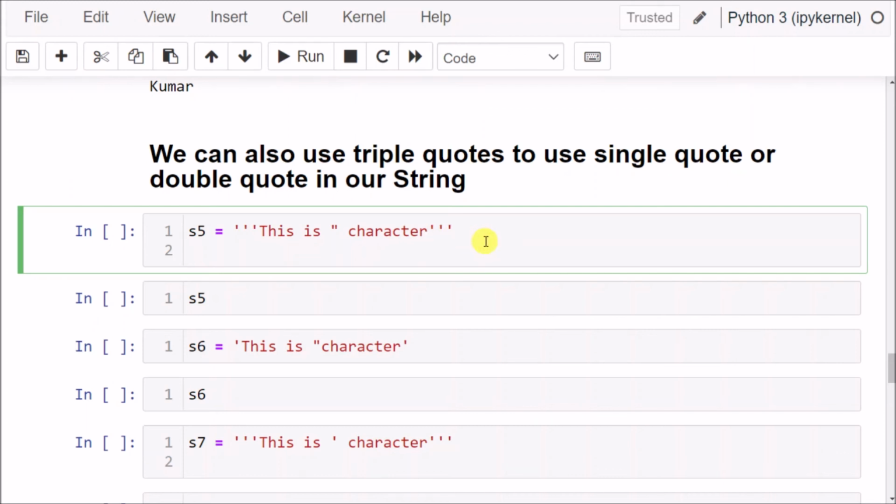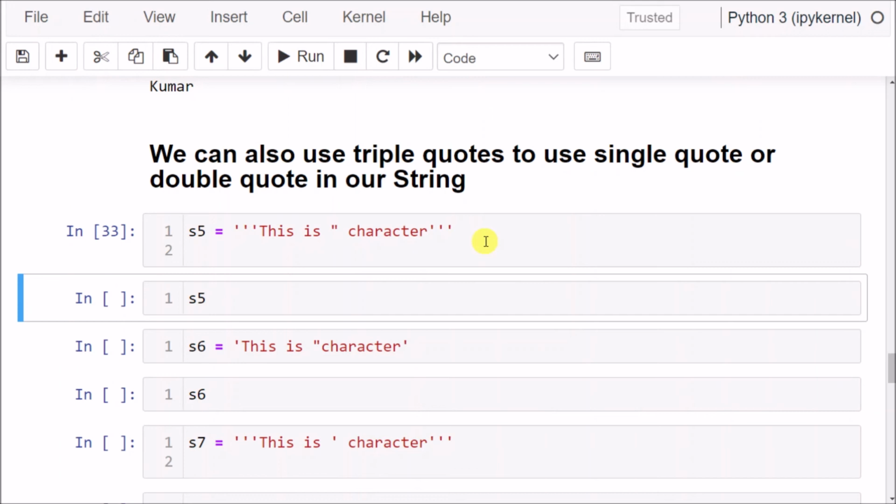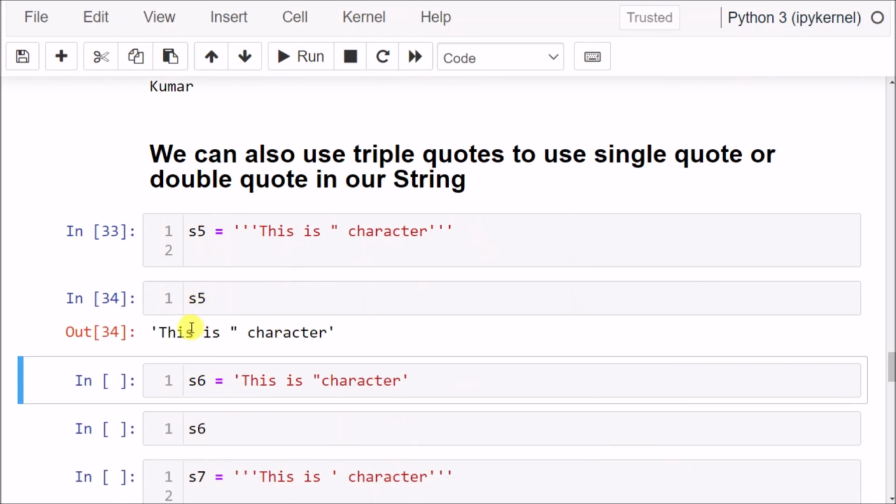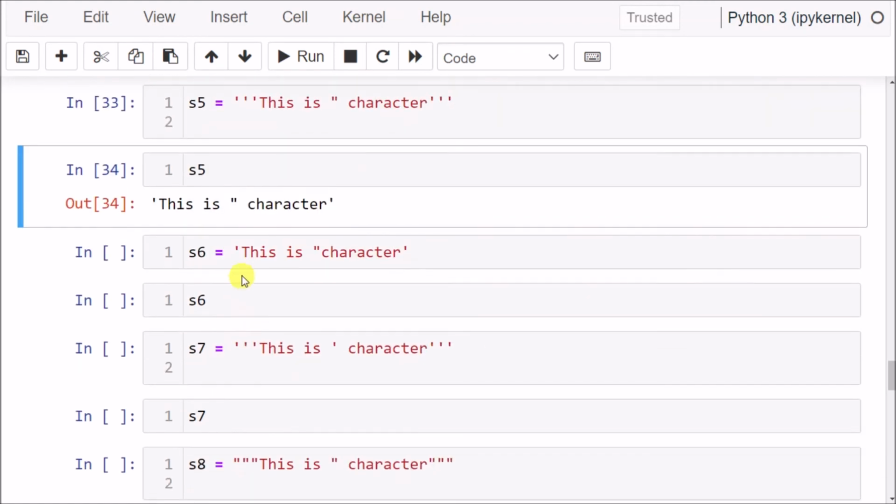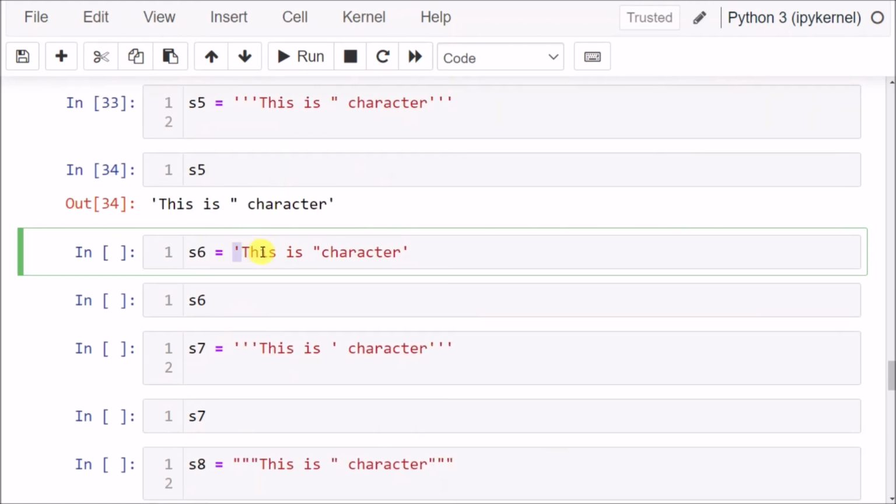Here this is a character, and a double character is also coming. In the same way, inside the single quote, we have given the double quotation, so the double quotation is treated as a string only.